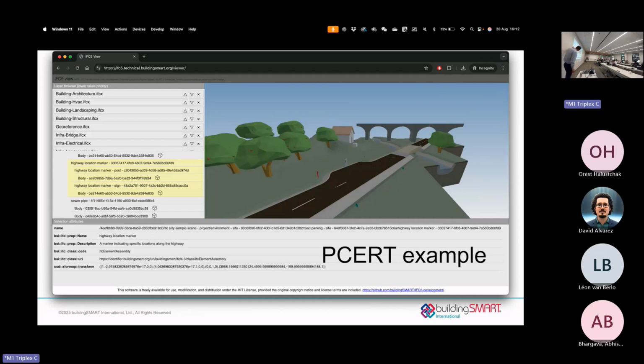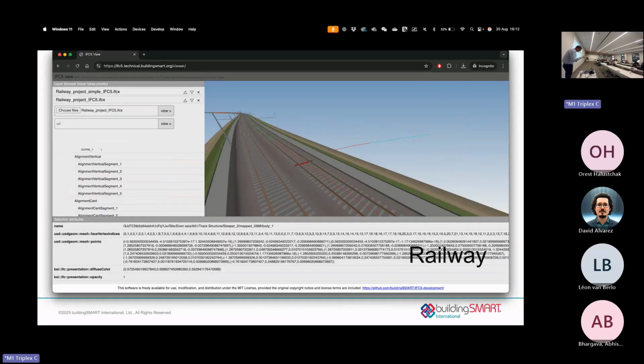The nice thing about this is also that he refers a lot to external standards. I think he has examples where he uses a CCI classification system and an analysis of fruits and vegetables. So it's a really rich example of a lot of different standards. The railway, also here, has a lot of these alignment segments and